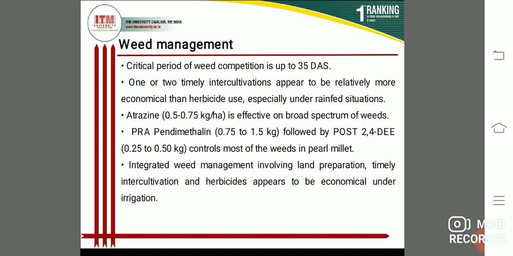Okay, so next, weed management. Okay, the most important part of cultivation of pearl millet is weed management. कैसे हम लोग वीड मैनेजमेंट करते हैं. ओके, स्टूडेंट्स,